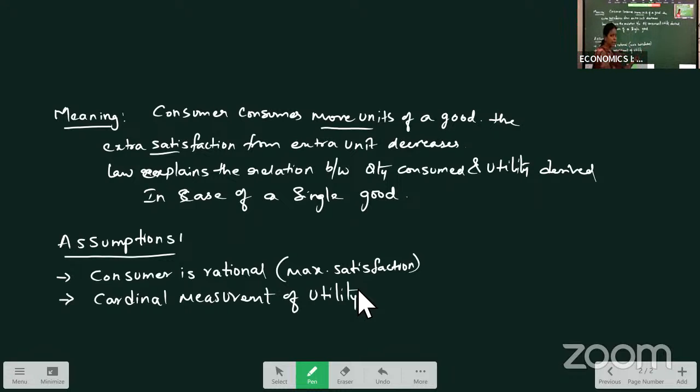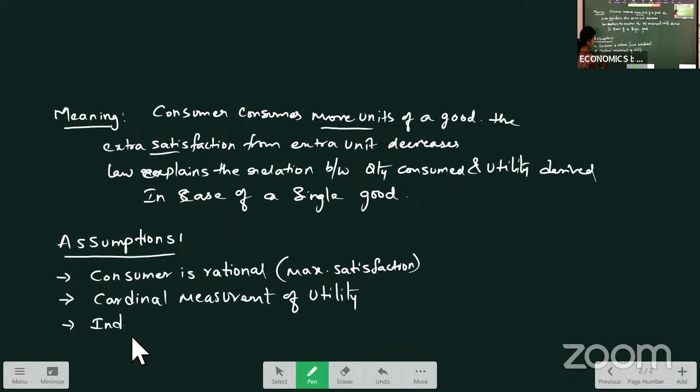Utility is nothing but, in simple terms, we name it as a satisfaction. Our satisfaction is measured in cardinal numbers. Means 1, 2, 3, 4. How much satisfaction am I getting? 10 satisfaction. How much satisfaction? 20 satisfaction. Like that, we are measuring our utility in cardinal numbers. That is one assumption we are making over here, right? The next one,